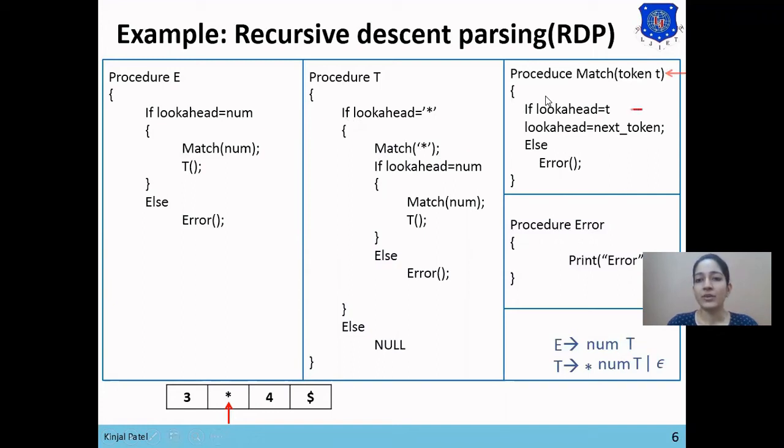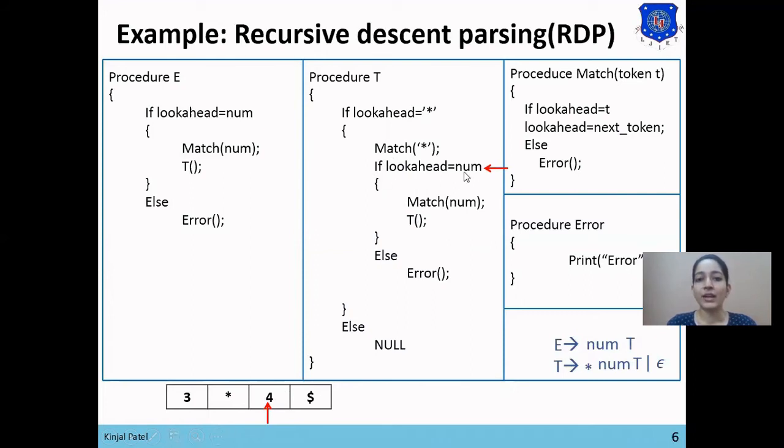In the match procedure, if lookahead equals star, then lookahead equals next token, meaning increment lookahead by 1. So now lookahead will point to the 4 in the input string. Okay, now we'll be back to the instruction next to match star as the execution of match has been completed.